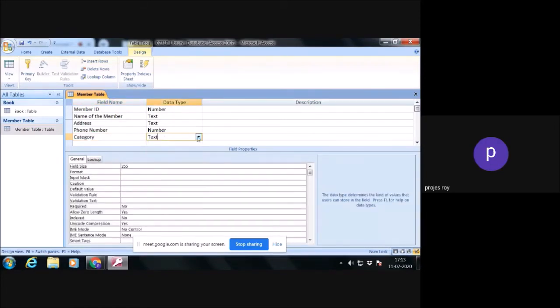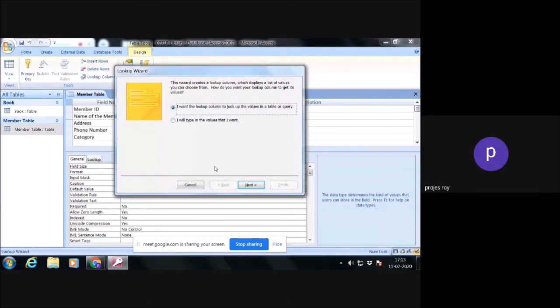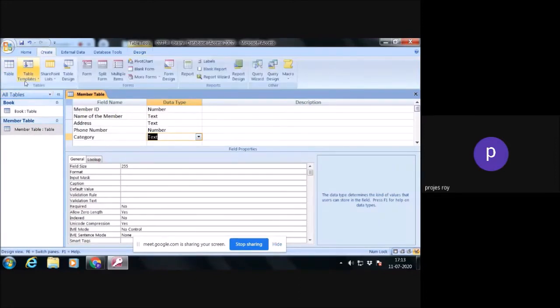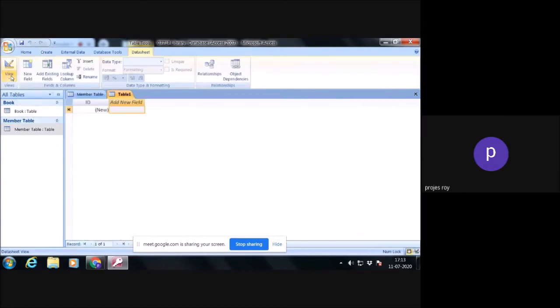Here we have to put the lookup wizard. Before that, we need to create another table for the data elements. So we create another one here.